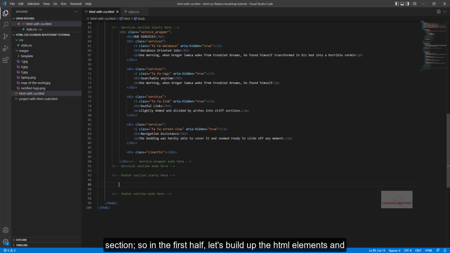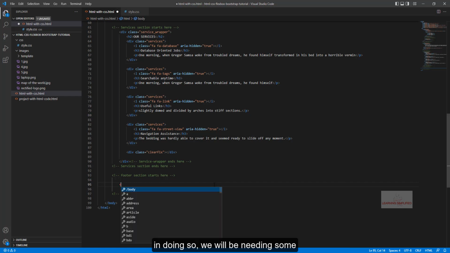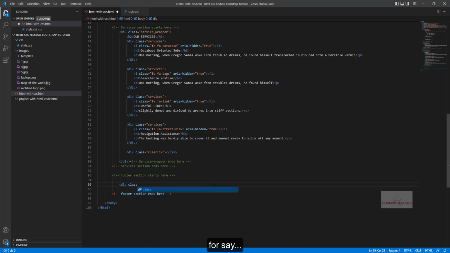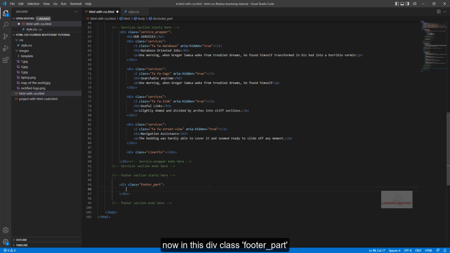So in the first half, let's build up the HTML elements, and in doing so, we will be needing some more additional div elements here, like this div class for say footer part. There it goes. Now in this div class footer part, we will be now creating another div which is known as footer wrapper,